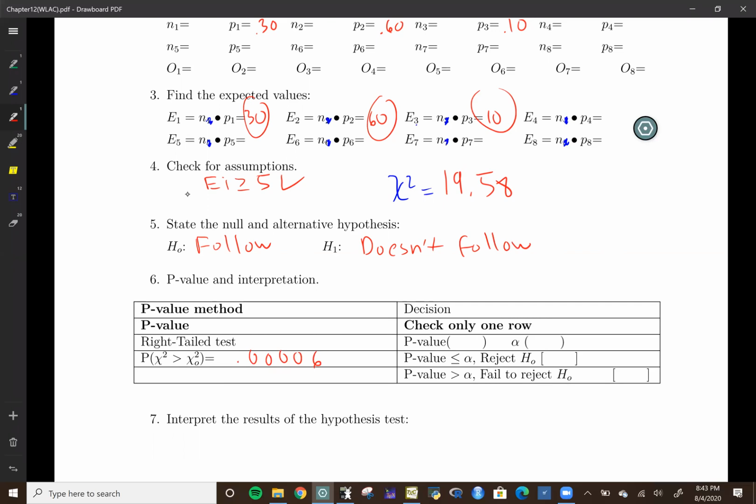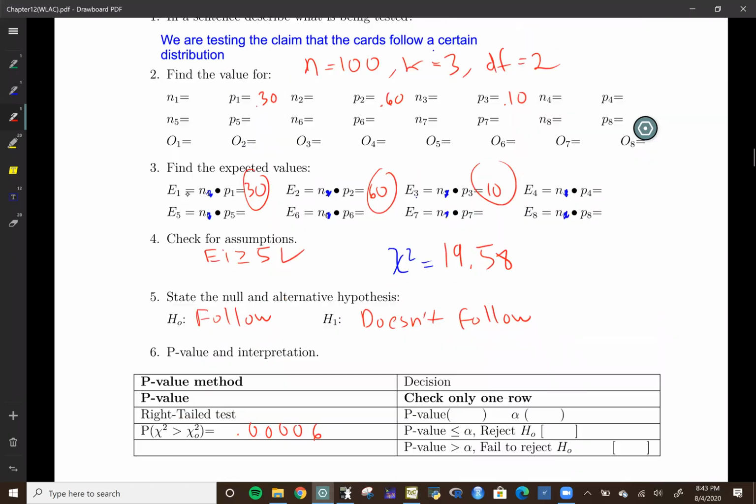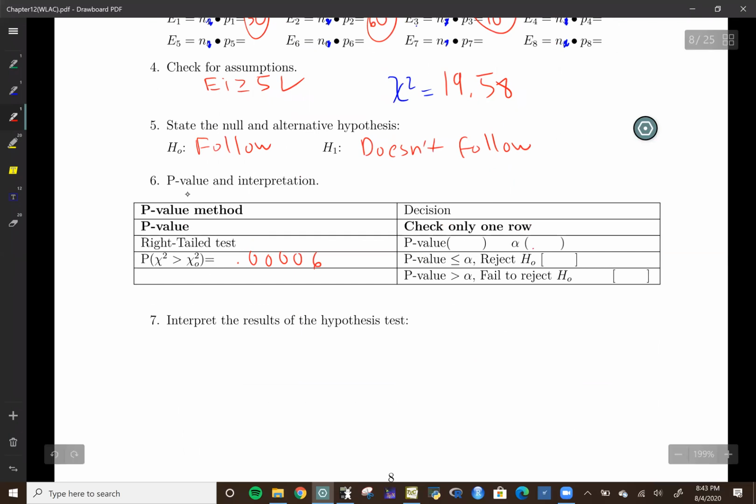All right. So if you look at the alpha, they gave us 5%. So we say 0.05. And we say p-value, well, p-value was extremely low, 0.0006. So if you look at my alpha, if you look at my p-value, well, we have enough evidence to reject. So if I have enough evidence to reject, we'll say there is enough evidence to support